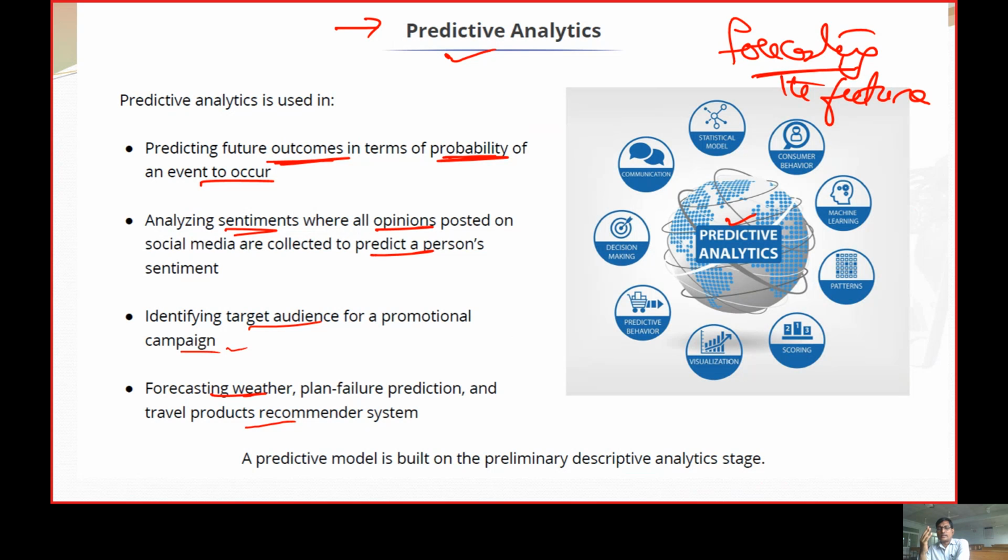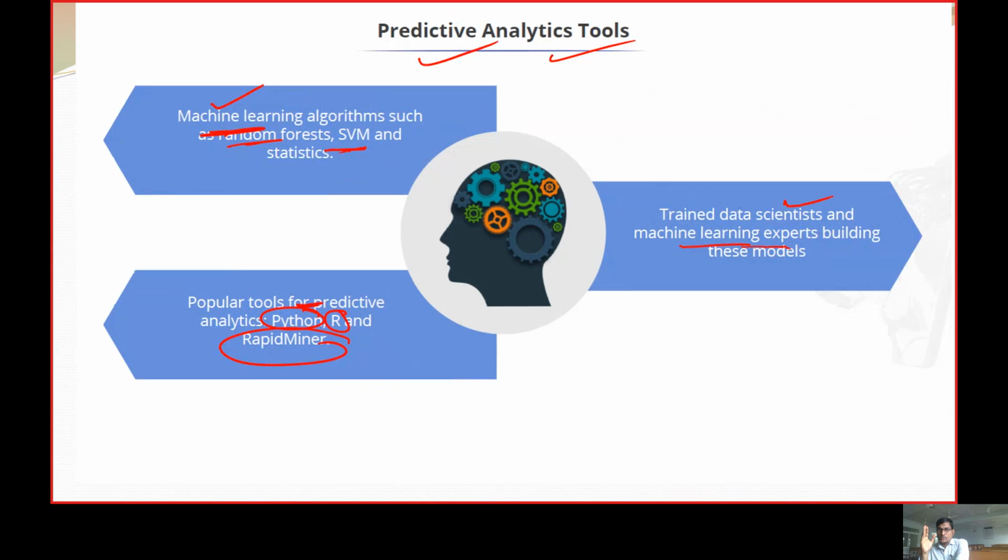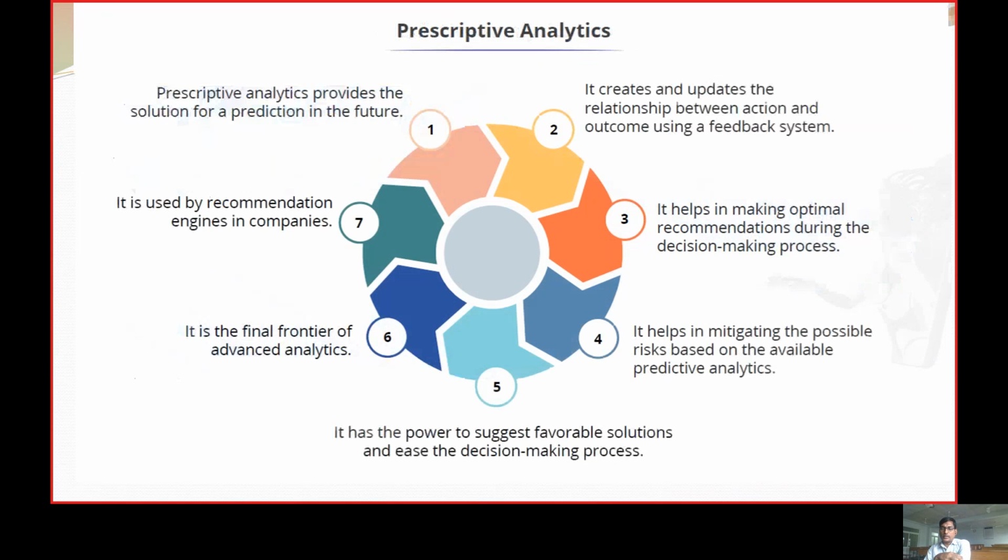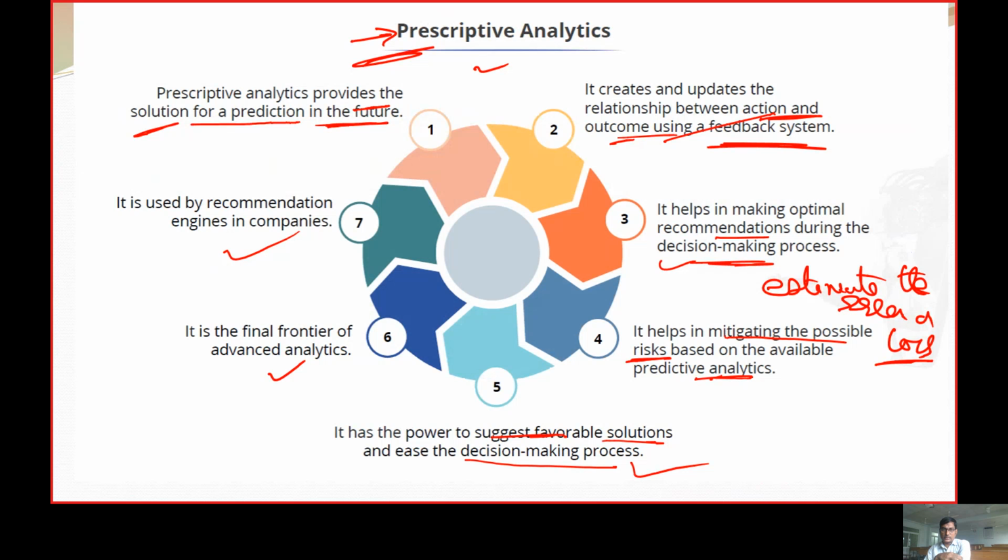After diagnosis, the next step was to predict the future and to give some actionable items. So for that, it gives a chance whether the probability of an event can occur, and how correct the decision was. In order to do this predictive analysis, it uses machine learning techniques like classification with random forest and support vector machine. To do that, it uses tools like Python or RapidMiner. And this is mostly used by data scientists, etc.